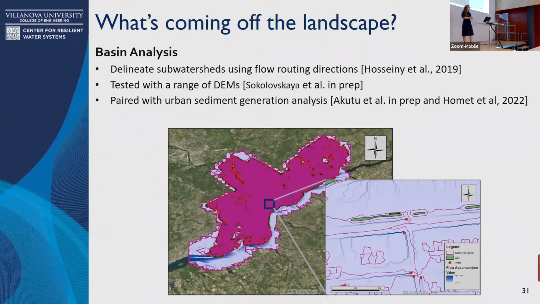And so we went through some processes, and we have a couple papers that we've put out and some that are coming out that have looked at delineating all of the urban catchments for every single inlet in all of Philadelphia, and then trying to estimate how much sediment and litter and debris is going into each of those. And then what does that mean for the infrastructure that's there? Will it clog? Will it just clog up the drainage? How could it be mitigated? What type of infrastructure should you put in based on what type of risks are there?